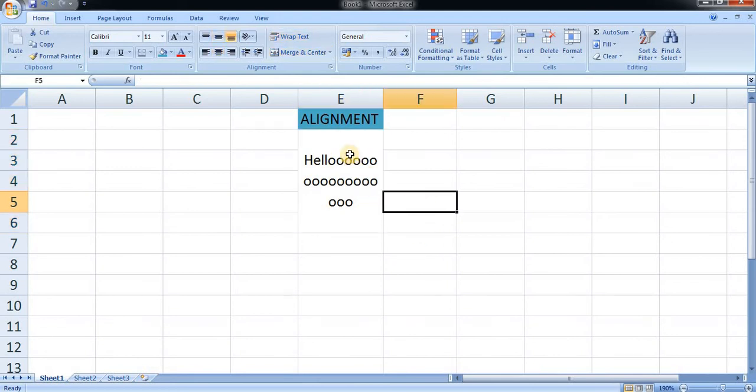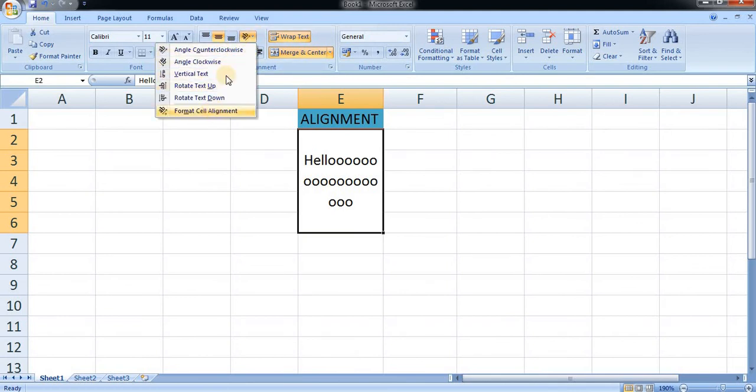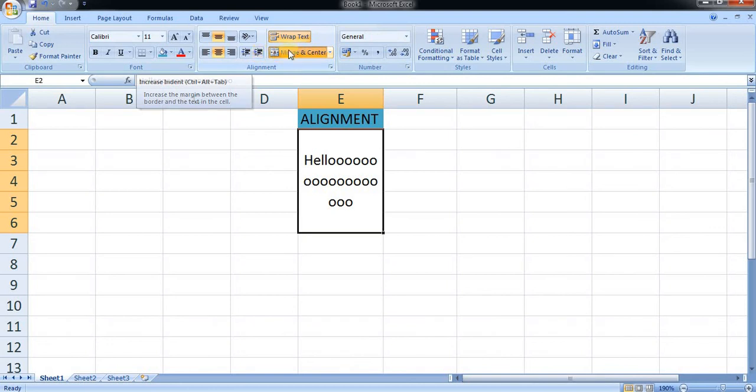So this was the alignment formatting of the cell, where we have seen the vertical alignment of the cell as well as the horizontal alignment of the particular text, and we have also seen the orientation command, and also the spacing of the paragraph as well as wrapping text and merge cells.